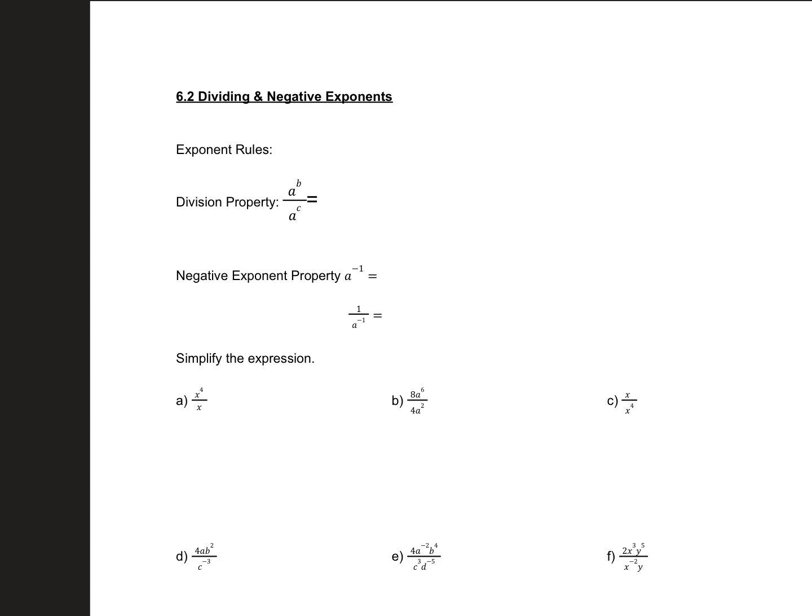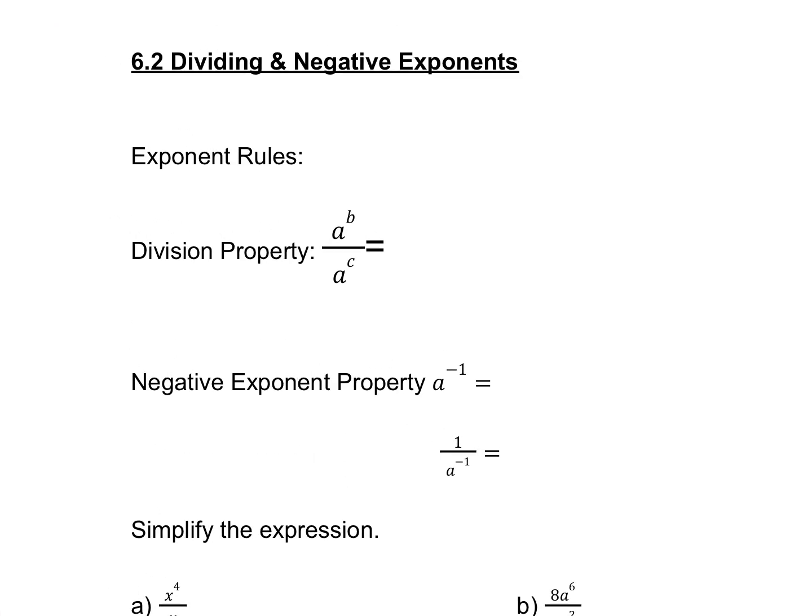All right, we are on section 6.2. We are still working with exponent rules. Now we are going to talk about what happens when we divide variables with exponents, and we'll also talk about the negative exponent property. So, similar to our multiplication property, when we divide variables with exponents, we will take the